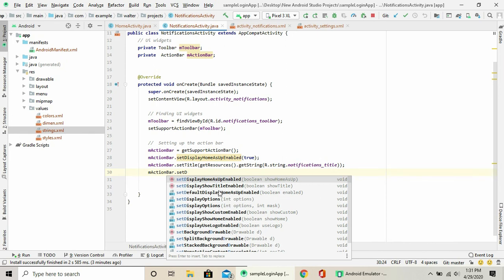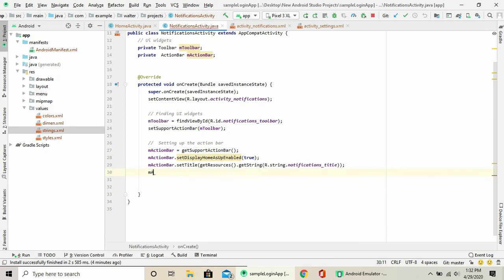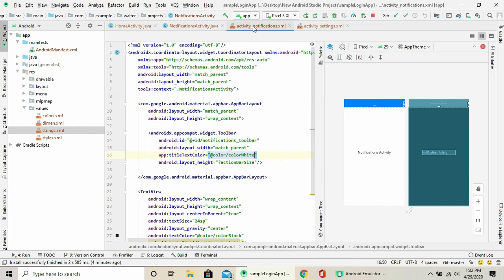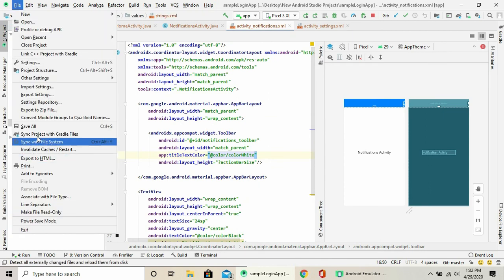What we're going to do is use set display show title enabled, and then we're going to use the icon. I'm going to show you that later, but I also add a link in the description where you can follow this exactly. So you can just save,